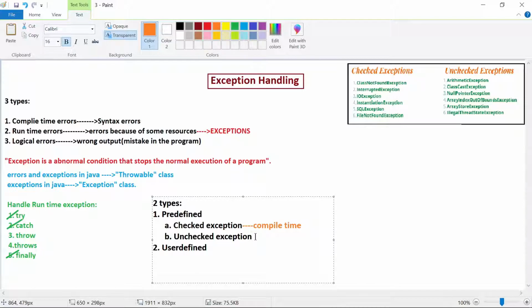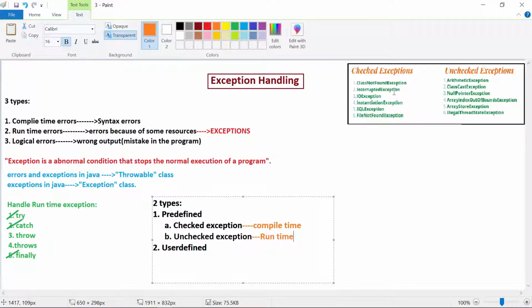And what are unchecked exceptions? Unchecked exceptions are generated at runtime. Now if you see here is a table where as an example I have highlighted some exceptions as checked exceptions and some as unchecked exceptions. We have other types also, but as an example I have given 6 here and 6 here. Okay, now what are the checked exceptions?